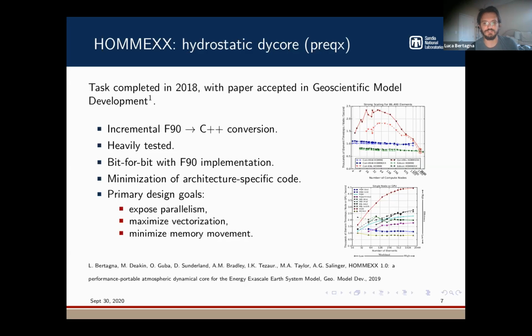On the right, I show two graphs that you can also find in the paper that appeared in GMD in 2019. On the top, we verified that our model was performing as well as the original implementation on conventional architectures, meaning CPUs and KNL. The solid line was our refactor using Kokkos, while the dashed lines were the original Fortran implementation, and you can see that we were at the very least on par with the original implementation and a little better on KNL